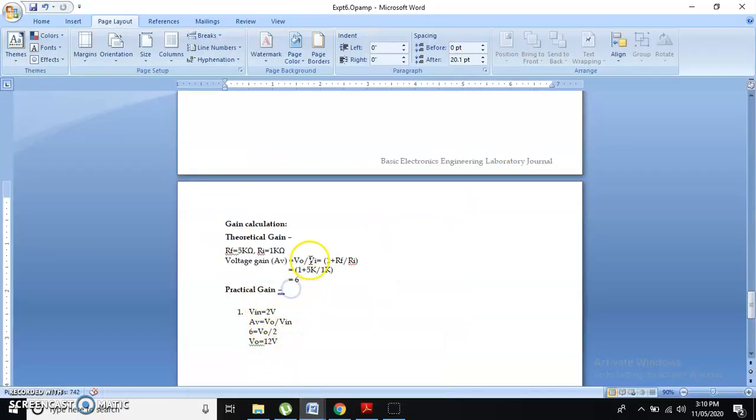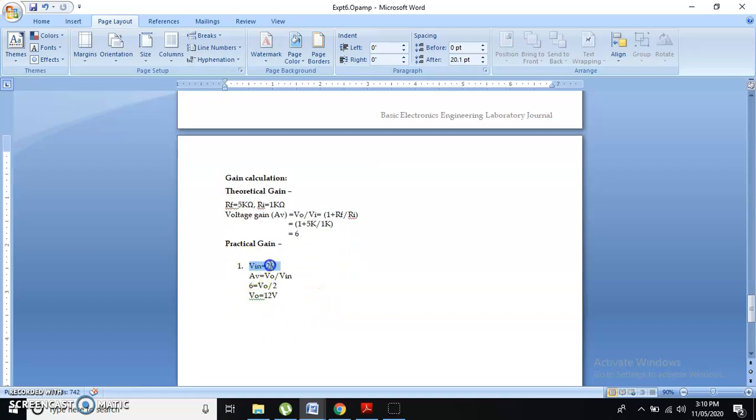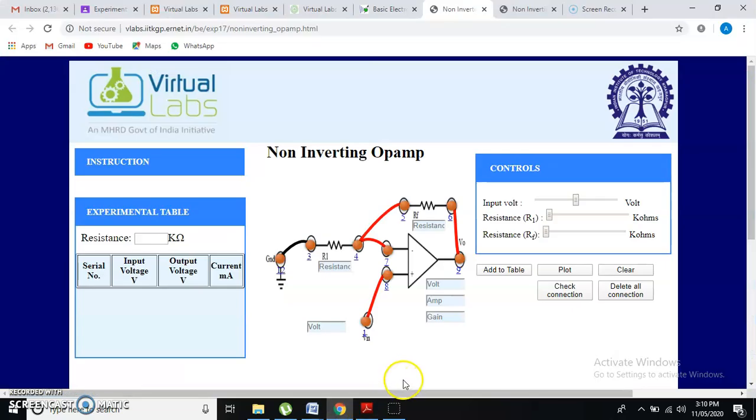Since gain is Vo by Vi, output voltage will be gain into Vi, so 6 times the input will be observed at the output. Initially, let us adjust the input voltage to 2 volt. Output should be 12 volt. We will have to see whether we are getting this or not.